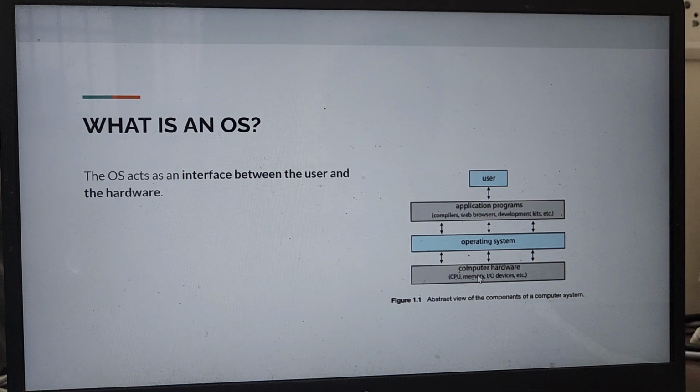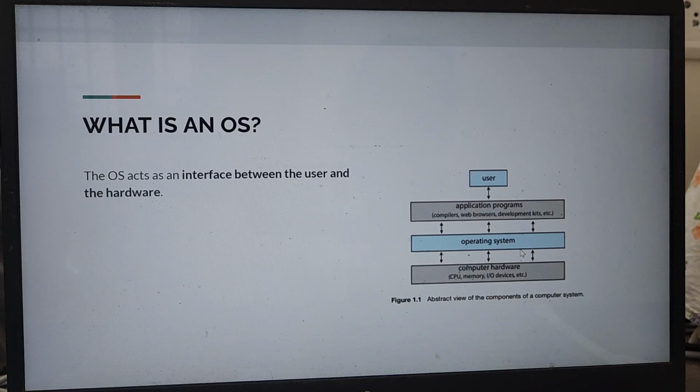And then on the other hand, we have computer hardware, which is your CPU, your memory, your input-output devices, etc. So you give your input through the application program to an input device. The output device is going to send that output back to the application program, and the application program is displaying it to you. So there is some communication happening. Sometimes you might have to store some data, memory. You might have to perform computations, CPU. So you can see in all these cases, some sort of communication happening between the application programs or you, the end user, and the other side, the hardware side. So that communication is facilitated by the